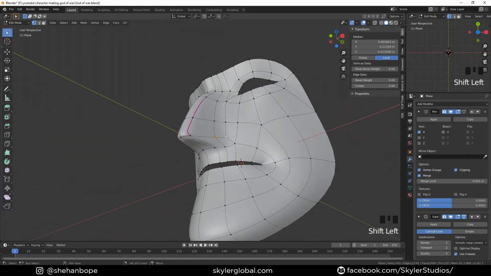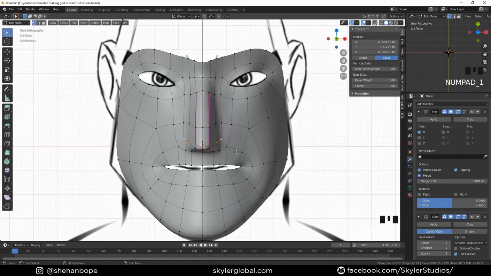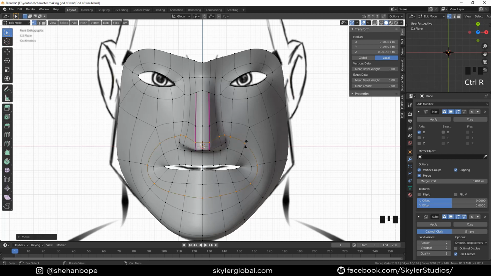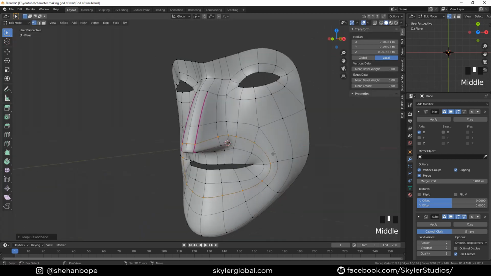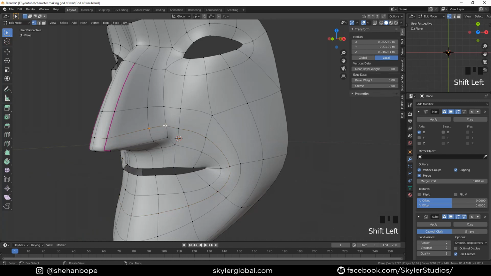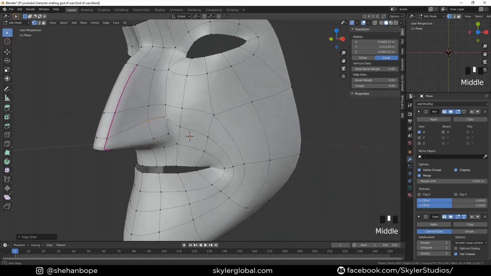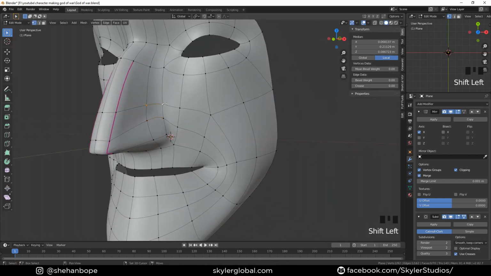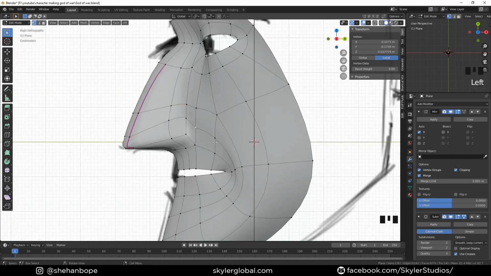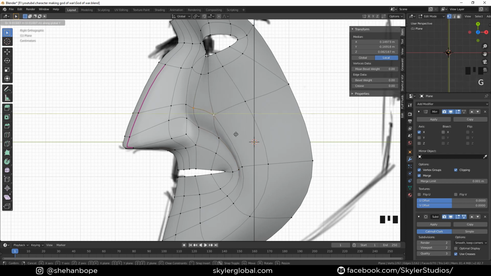Yeah, looks cool. And I'm gonna select these two vertices, and with G X or just G, you can push them, pull them, and with Control R, I'm gonna add another loop cut over here and pull them up and try to define my nose a bit. So I'm gonna select these points over here and push them in with G and Y. Select these two and push them forward